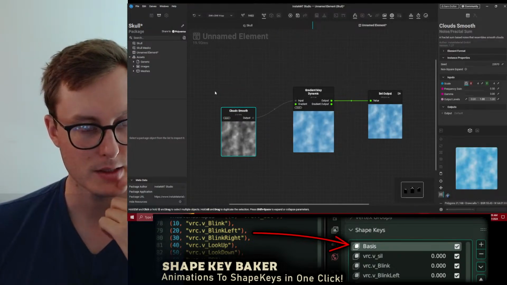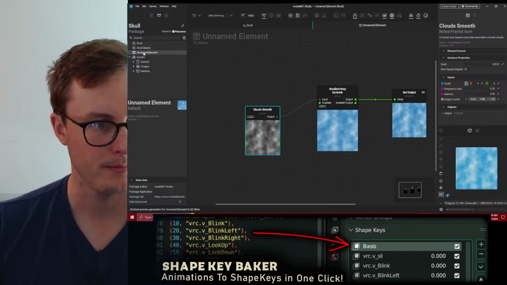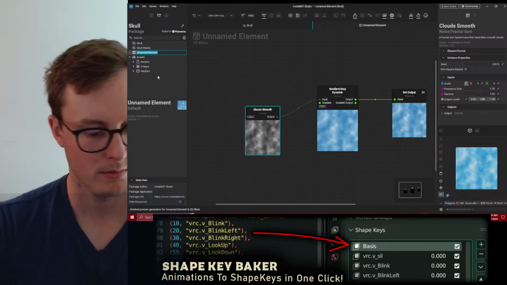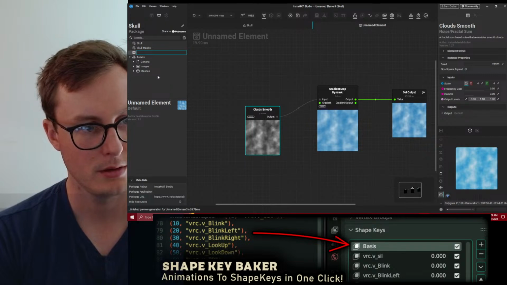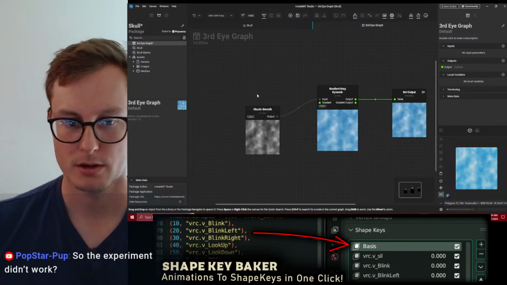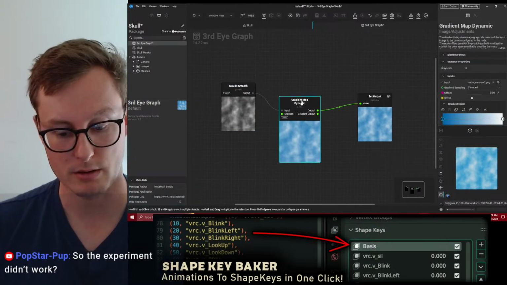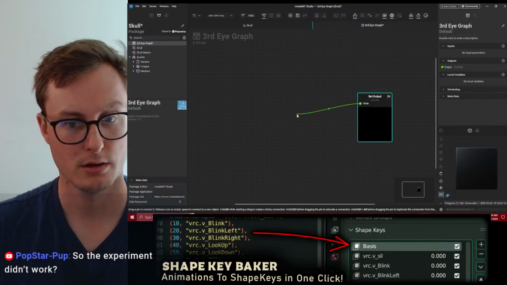And what I would like to do, we'll call this third eye graph. Experiment didn't work? No, not really. We're just trying to figure it out still.